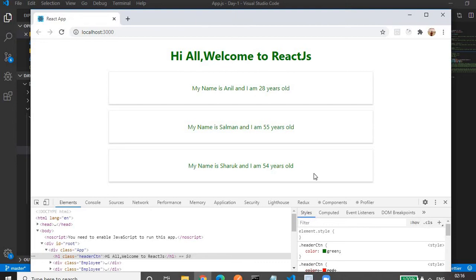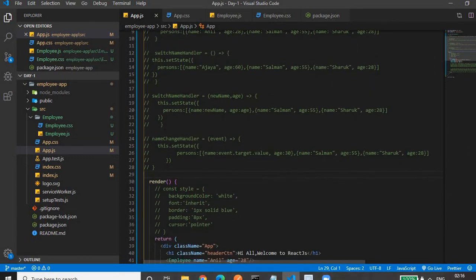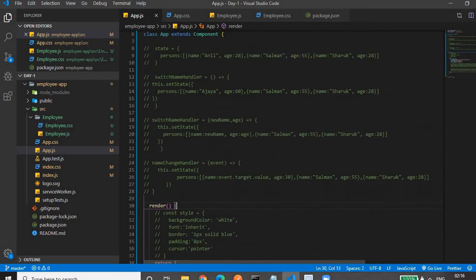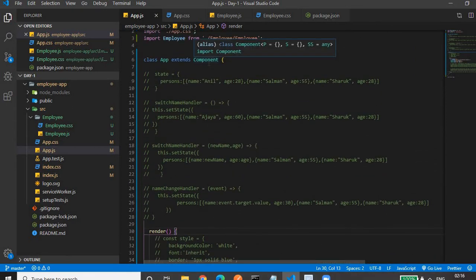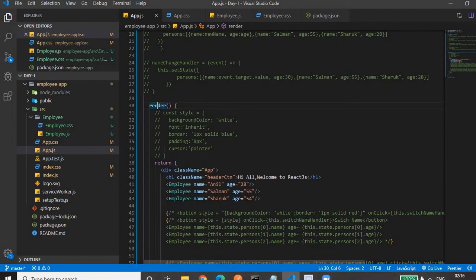Okay. So first let me open my code structure. So this is my app component. I have commented out some of the code; we will uncomment it as we progress. Don't worry about that. The main important thing here is that I have a render method. It's a class based component, because in the class we are extending the Component, that's why it's a class based component. In a class based component we have a render method in which we have a return. We have to return some JSX code.